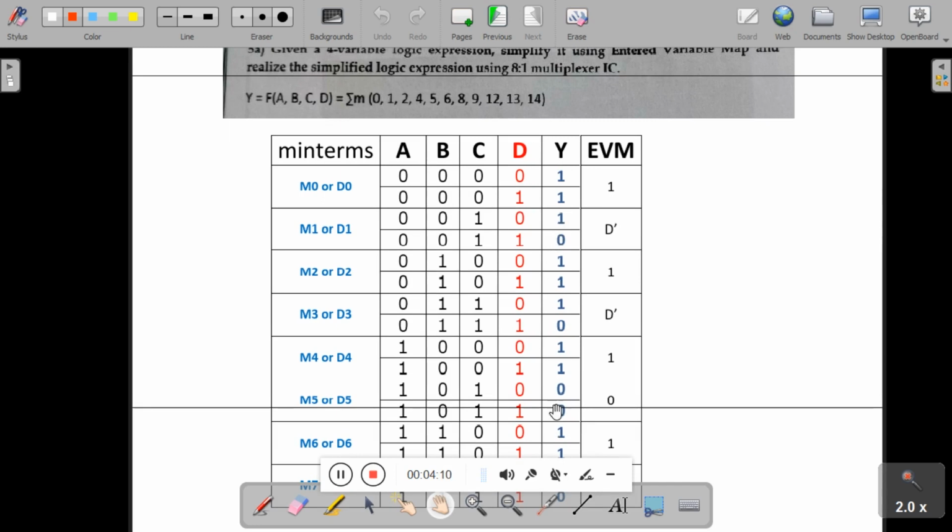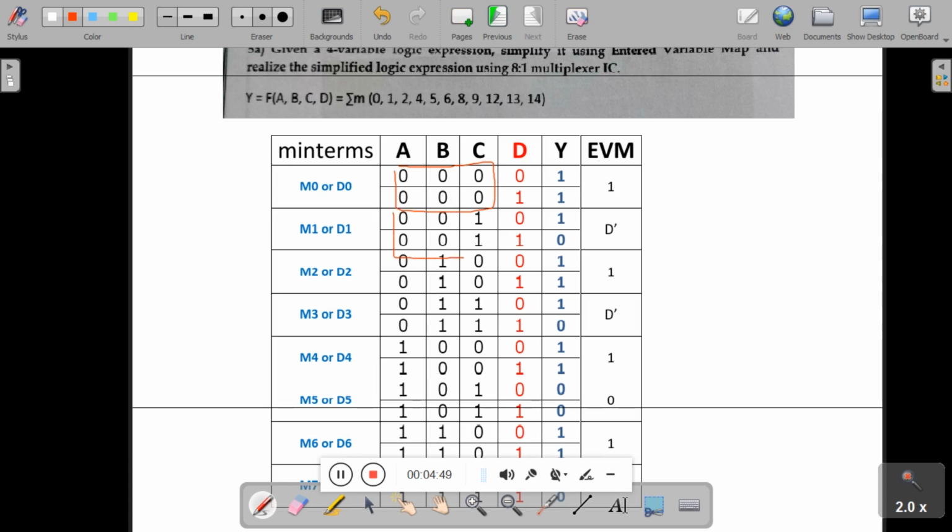Once you represent all the outputs, you have to isolate one of the variables. I am going to isolate the variable D. A separate color is given for this column. When you see only the 3 inputs A, B, C, this forms one group, 0 0 0.